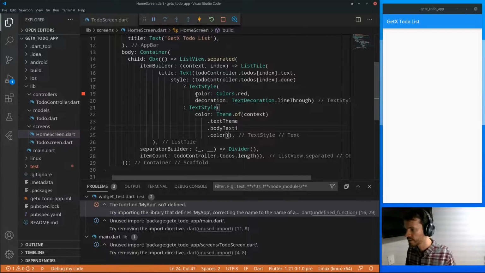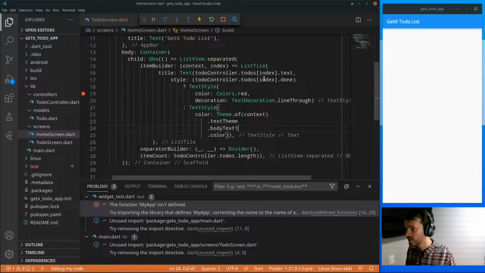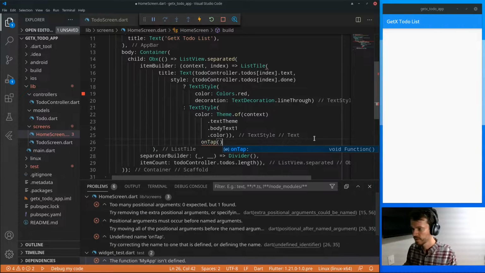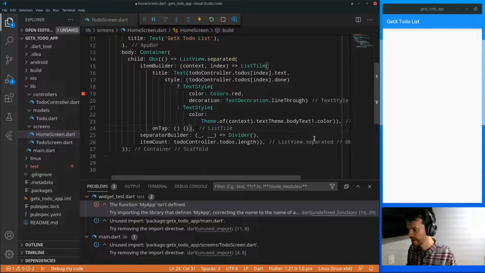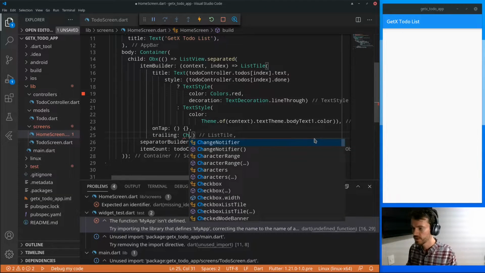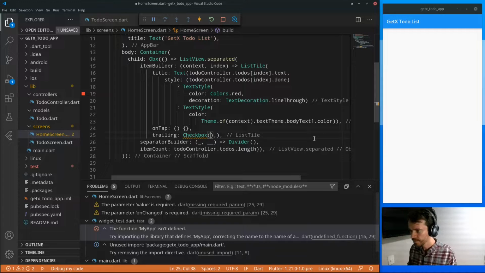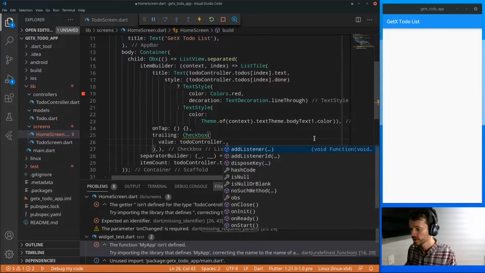That's okay. We have now the decoration and the color for the text of list styles. Each list style will be a task. For each list style, let's add a one tab function, and this function will be empty now. Let's create this in the future. Let's define trailing to. It will be a checkbox, and the value will be from the controller